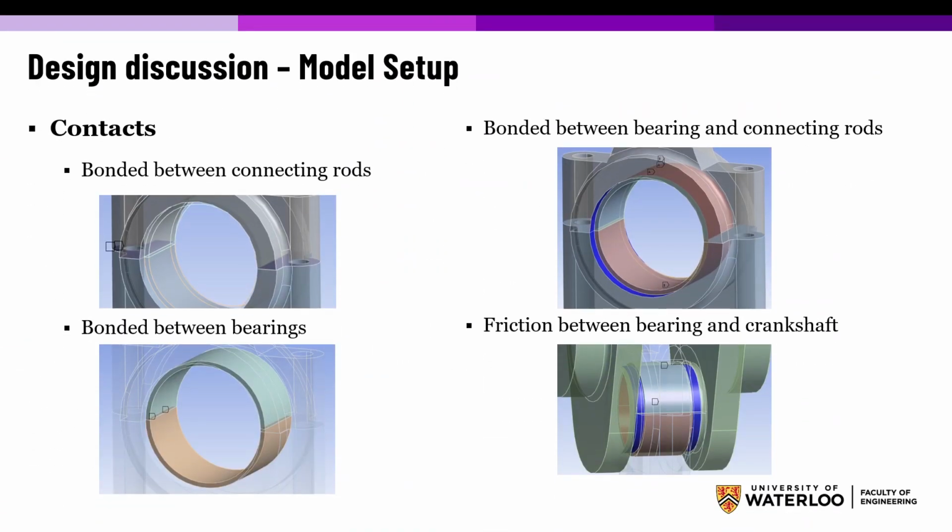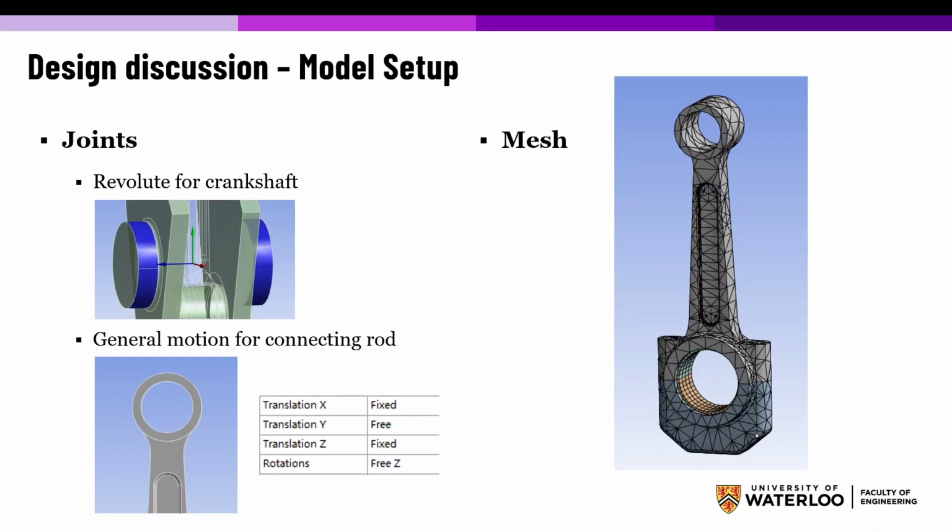Here's an example of some parts of an internal combustion engine, so fairly outdated technology, but this is looking at contact between different parts of what's called a connecting rod. So here's an example of a student that wanted to optimize. It's a two-force member effectively. I brought it through